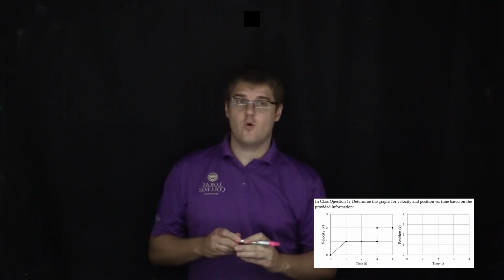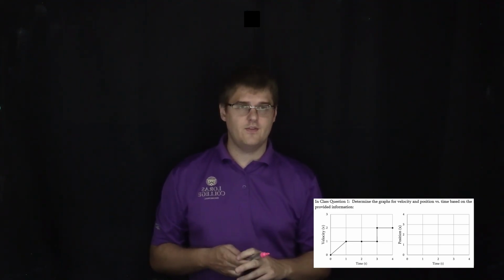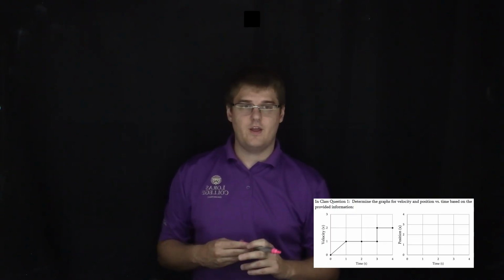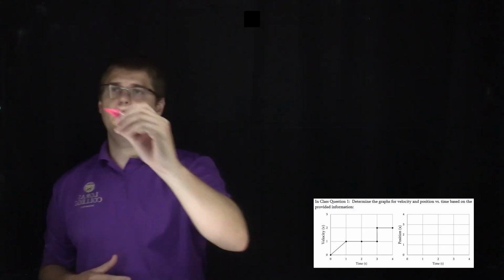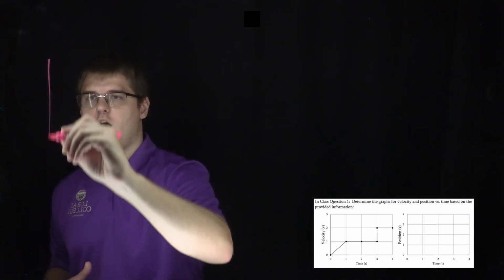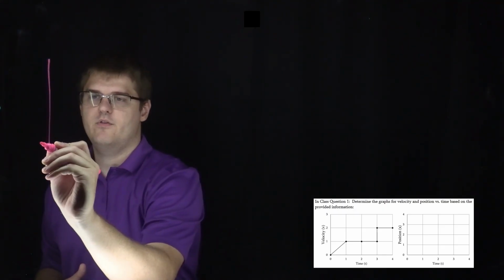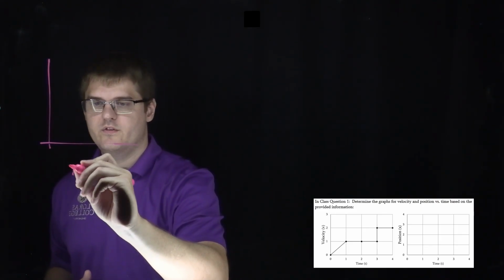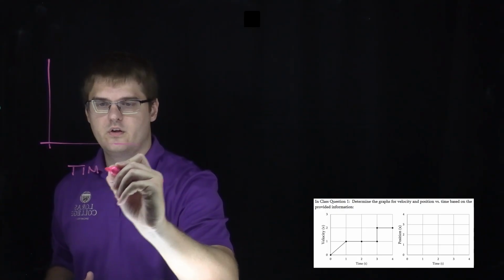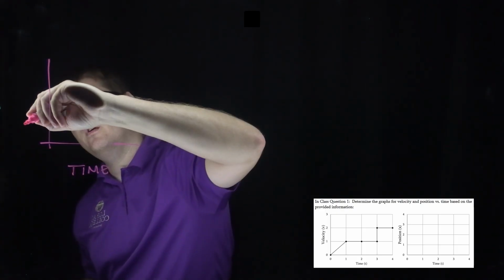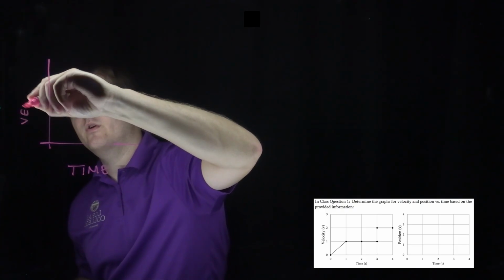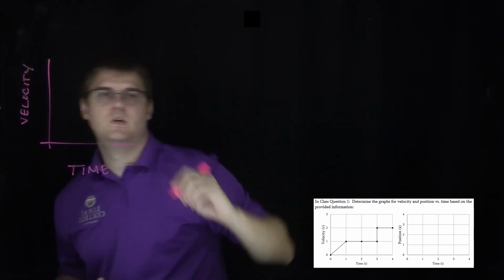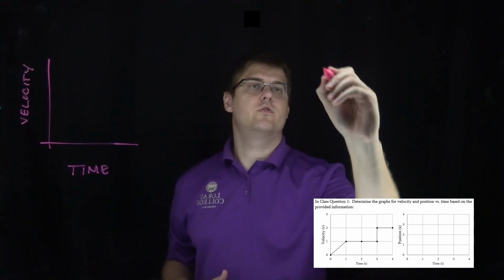Okay, for question 2, we're still looking at the comparison between velocity and position over time, except this time we are given our opposite setup. We still have time as our x-axis, but we are given a velocity graph, and we are asked to switch it